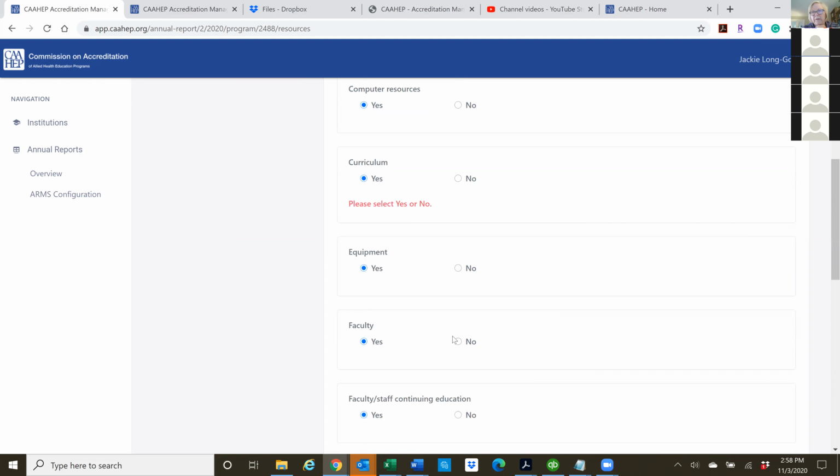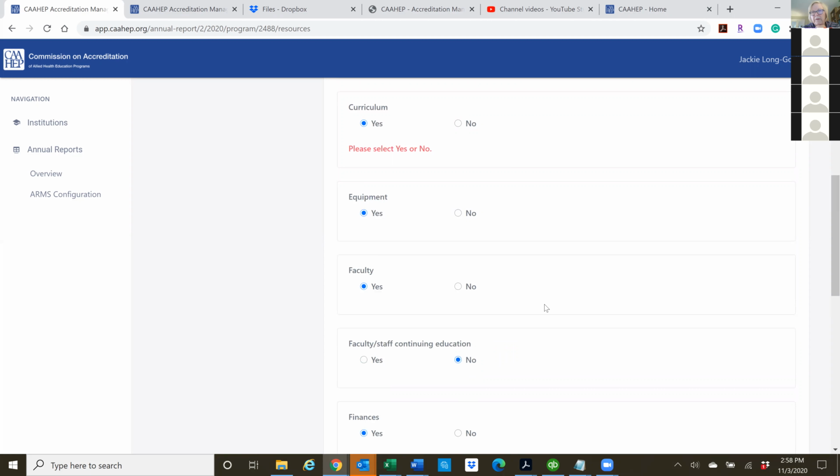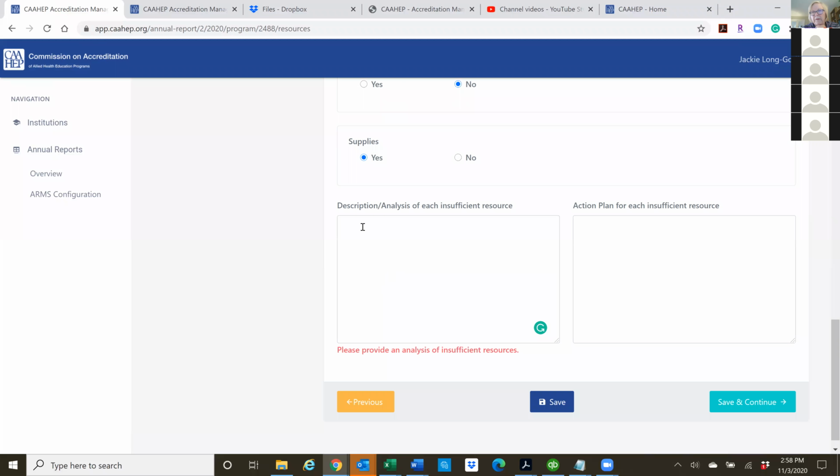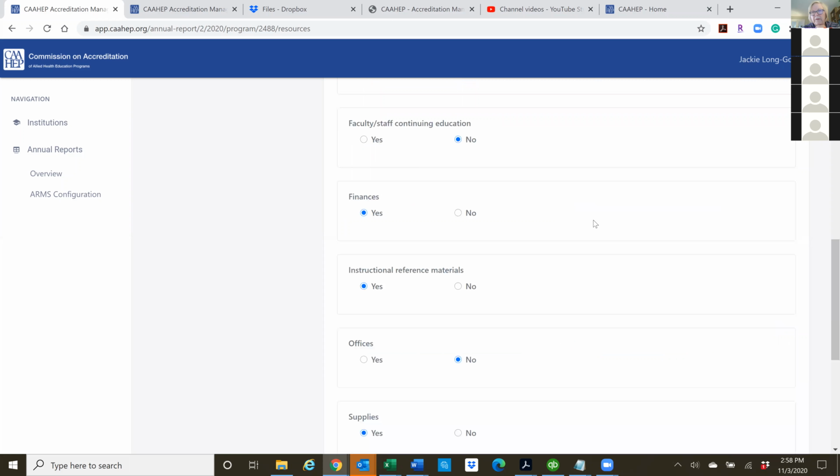It was under our continuing ed. So here on the bottom, you would do staff, faculty, staff, continuing education, and write then, so put that there, and then on the action plan, what is it? So the analysis, say, our budget was cut, the college can no longer support travel. And then on the action plan, your dean may say, but we'll give you time for anything that you want to do next year. And so then here you could say your action plan is that you're going to be offered paid time off in order to go to local conferences and meetings.